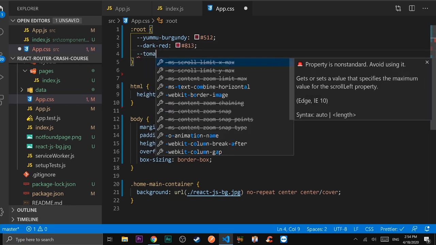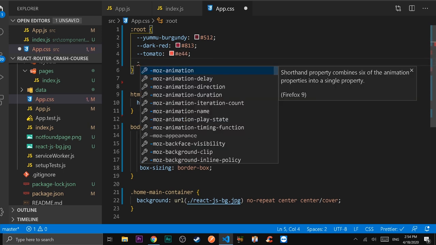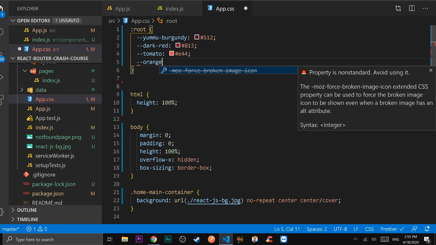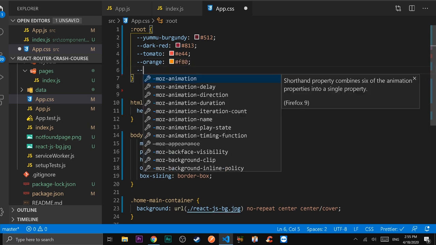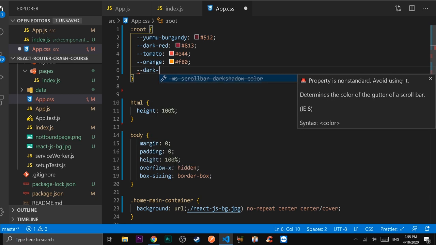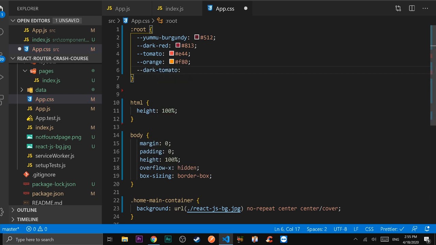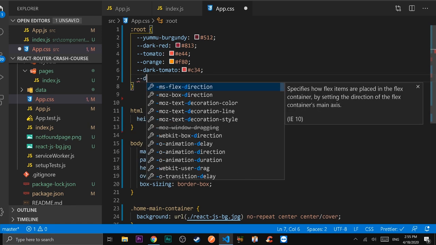Let's create tomato. It's going to be E44. Let's add the orange. We're going to use it for the descriptions, for the paragraphs. It's going to be F80. Let's add dark tomato. It's going to be C24. And let's create deep